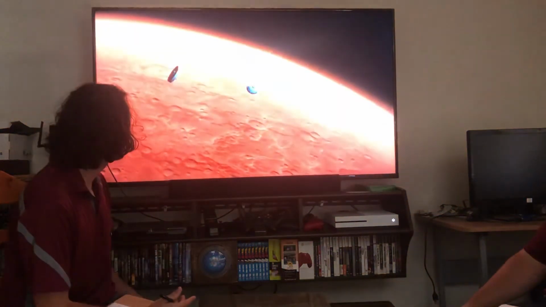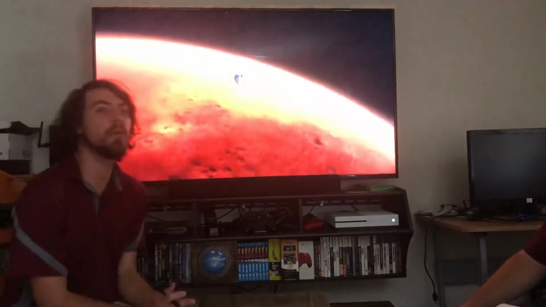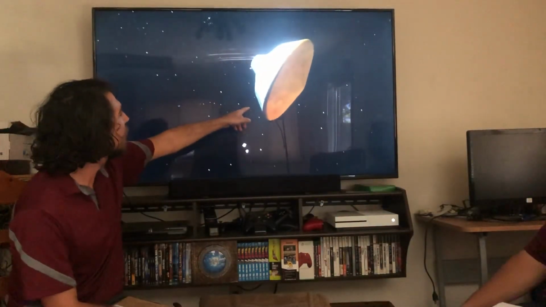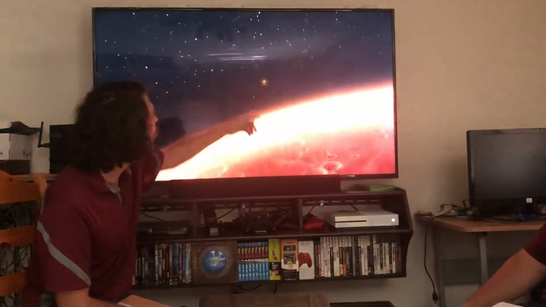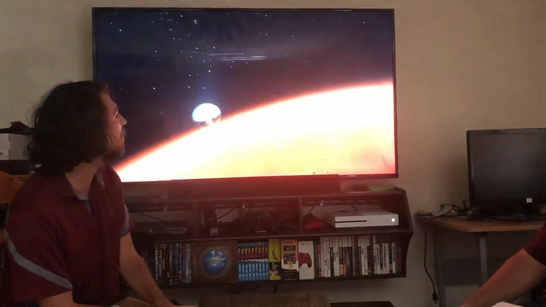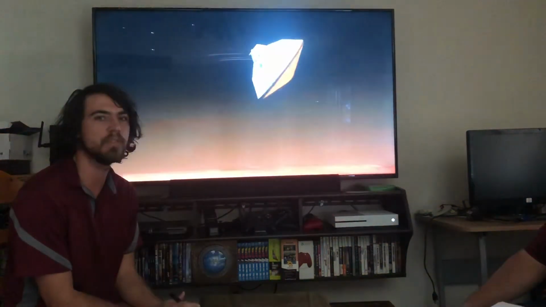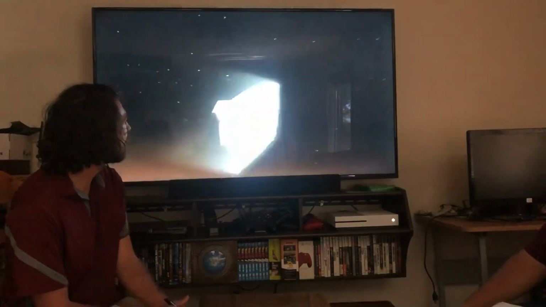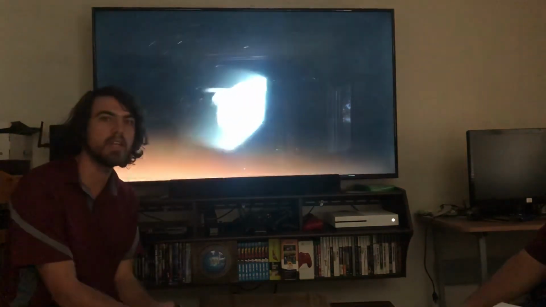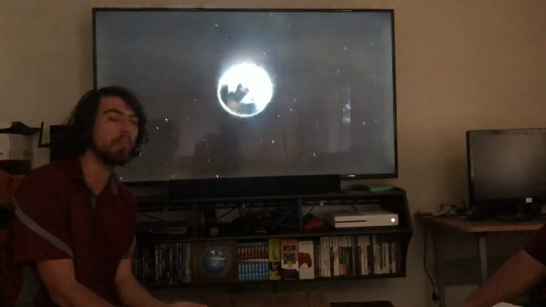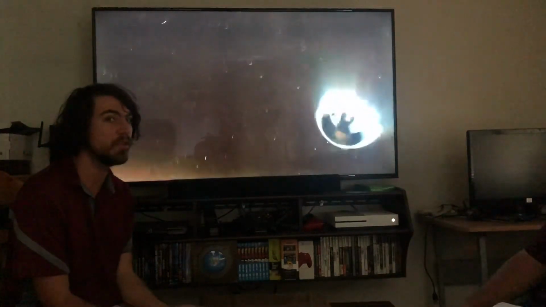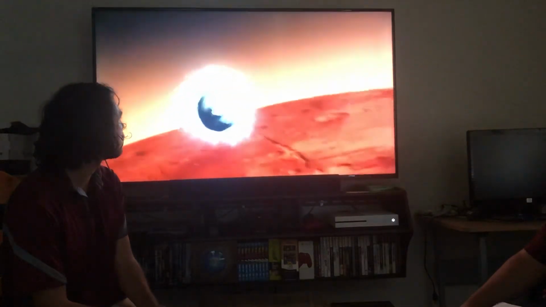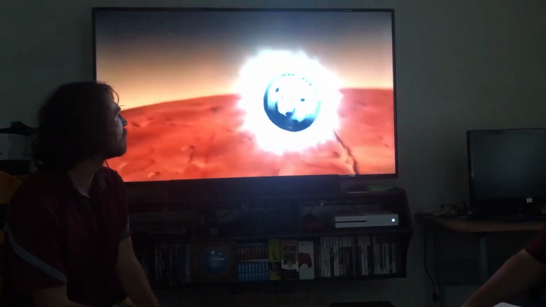There we are. Alright, so here it is, coming in to the surface, and on the front it has a heat panel that is going to protect it from the immense heat of slamming into the atmosphere. So it's a heat shield. So right here, it's protecting it from the heat. You're going to want something like that. If your planet has any kind of atmosphere, that is something you're going to want. So as it comes in to Mars,